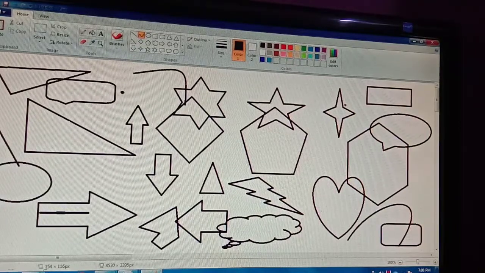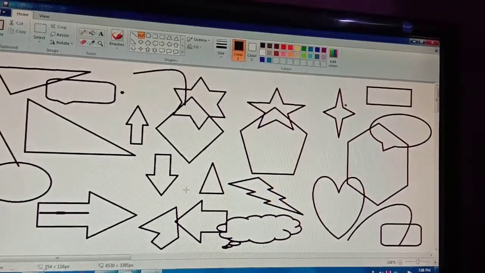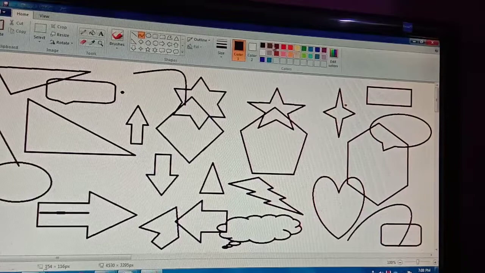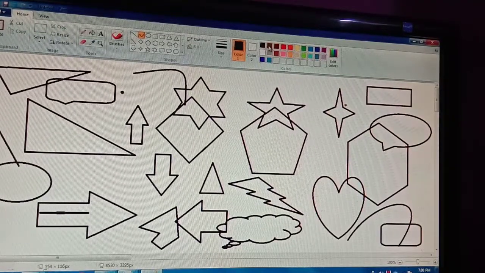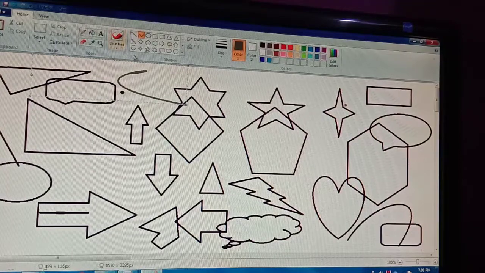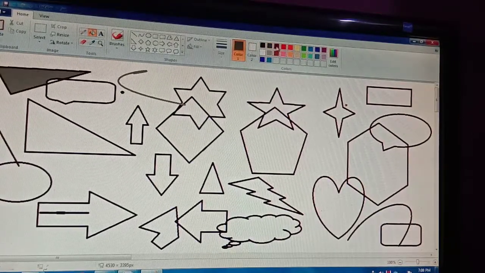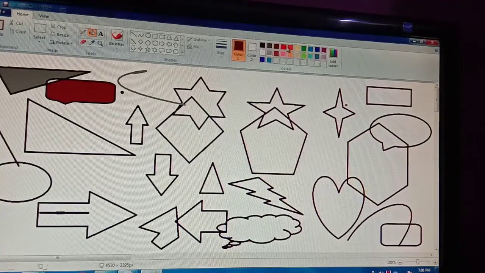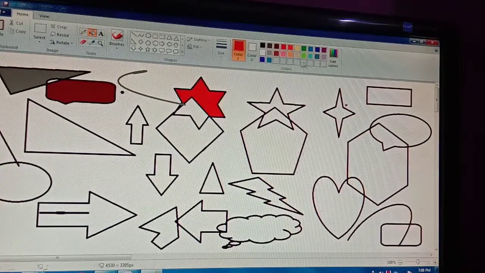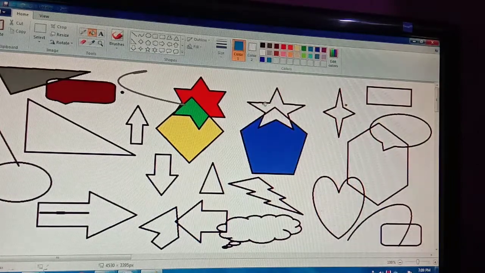आपके Microsoft Paint में जितने भी shapes available हैं वो सब मैंने आपको display कर दी. Okay, now we will fill the colors. अब हम colors fill करने वाले हैं. Okay, so different colors we are going to fill. For example, this color I want to fill in this. Wait a minute, a little bit. We have to take the fill color first. Okay, and now I'm using this color. This color I want to use this. Okay, and this color I want to use here, and this color here, and yellow color here, and the blue color here, and this color here, and this color here.